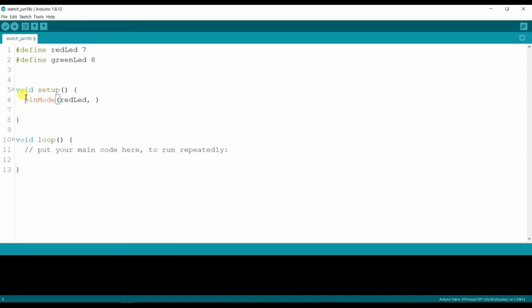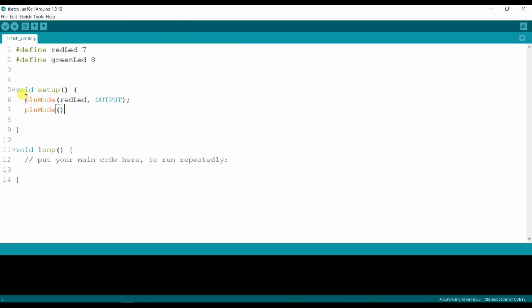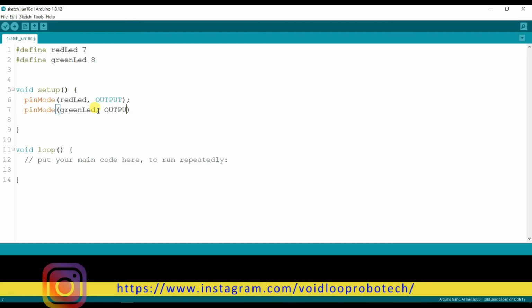The red LED is an output, and the green LED is also an output.